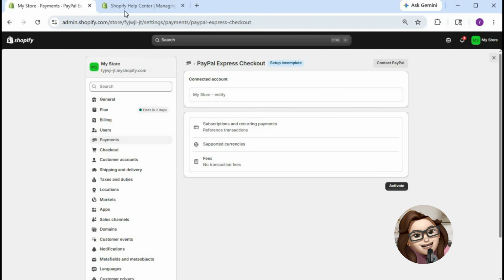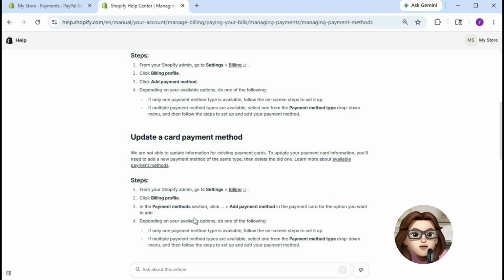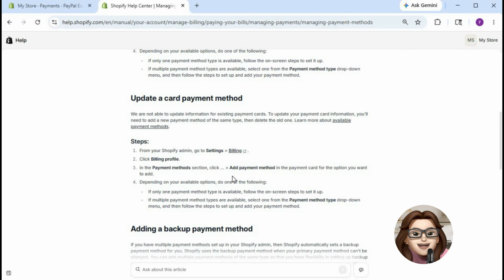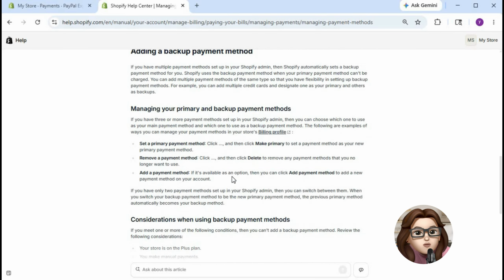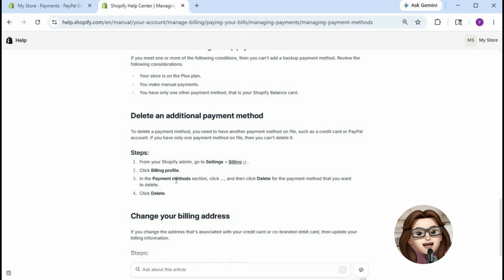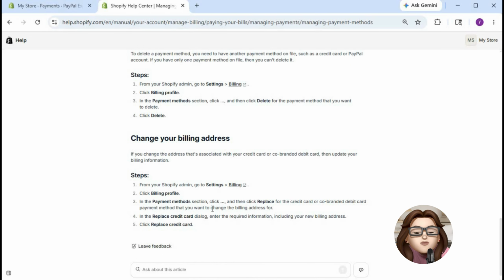From here, Shopify may allow you to replace the current card instead of completely removing it, especially if it's the only payment method attached to your account. If you want to update your billing details, simply choose the Replace or Edit option and enter your new card information. It's important to know that Shopify generally requires at least one valid payment method to remain connected to an